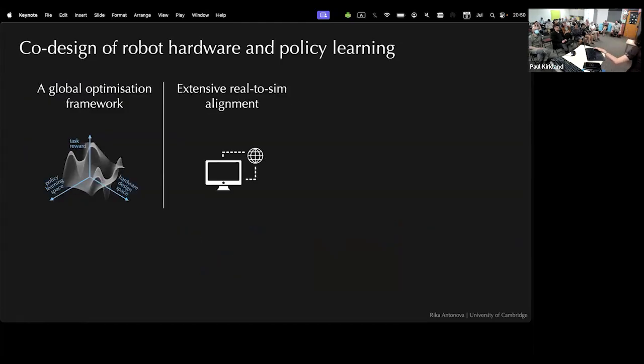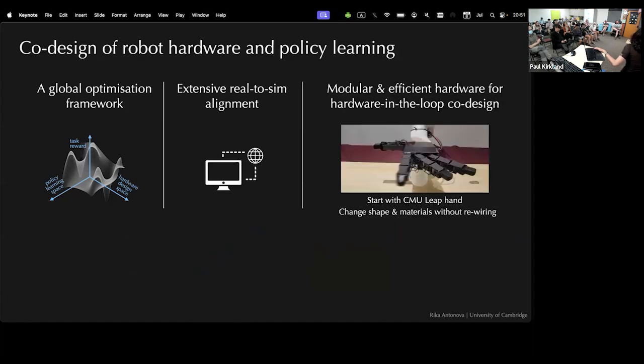A part of this would definitely be using extensive real-sim alignment, because we actually want to do this hardware optimization in the loop. We don't want to just optimize in simulation and then find out that it doesn't work in reality. We want to continuously be learning in simulation, but also continuously aligning the simulation with reality. And starting with some of the open source hardware that other people built at CMU, for example, figuring out how to make it modular so we can make changes without completely disassembling the whole hand here,